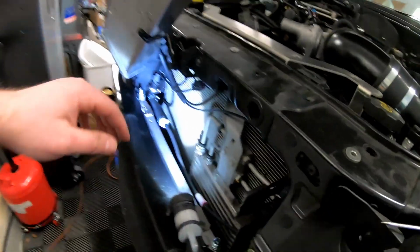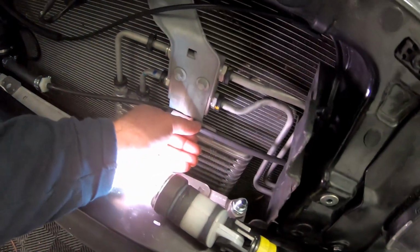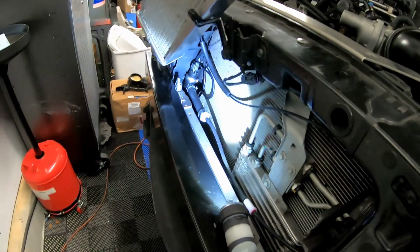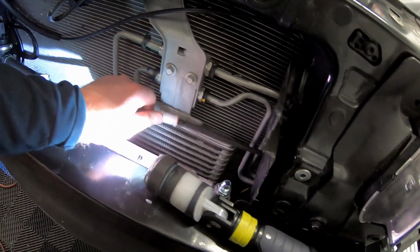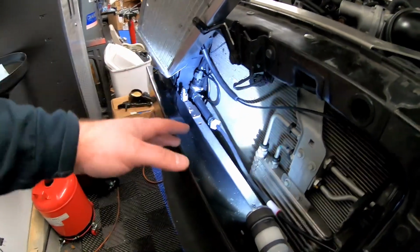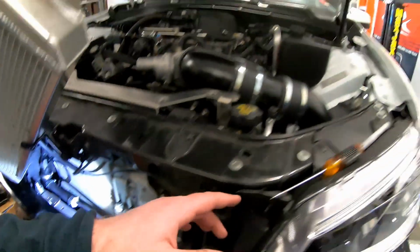Now we could zip tie this out of the way. I think I may do that, but like I said earlier, this was kind of just a mock-up. We still got some other stuff to do back here, but that may eventually end up getting zip tied up to this brace back here. I think, yeah, that'll probably be a good thing to do. So there you go. That is the pump assembly, the adapters we needed, and then the hose running to the